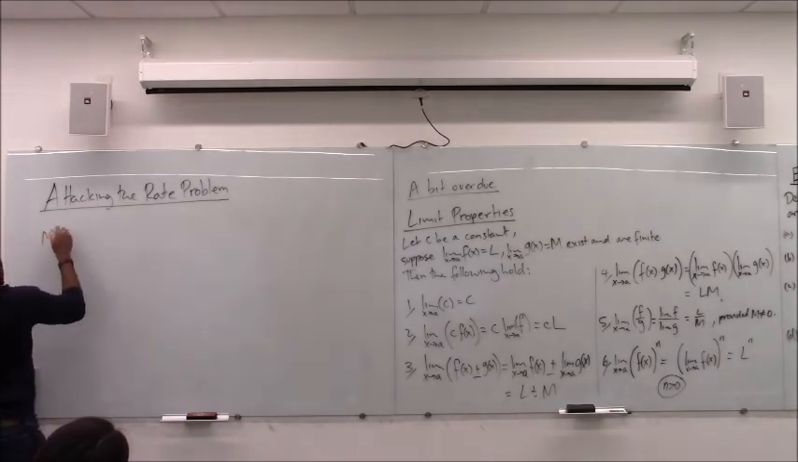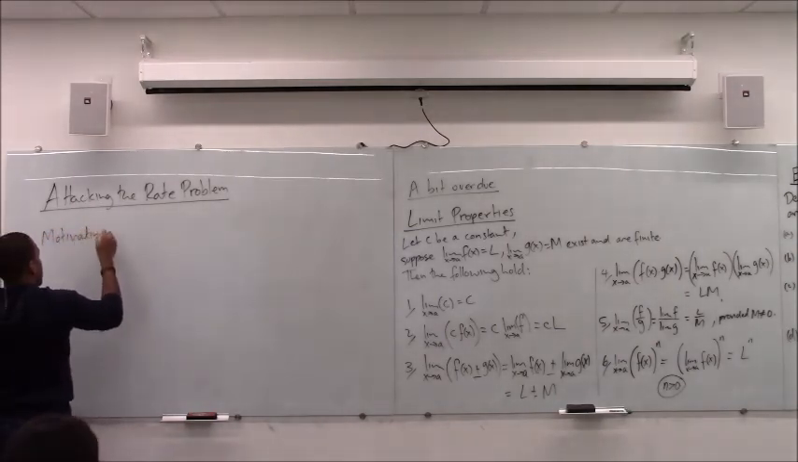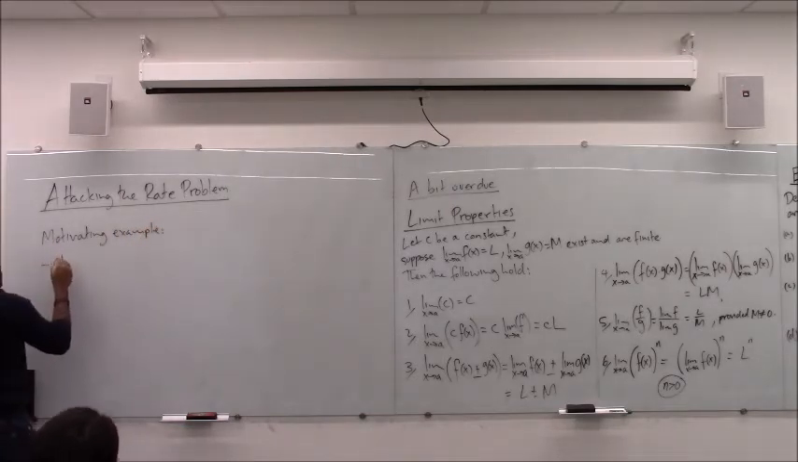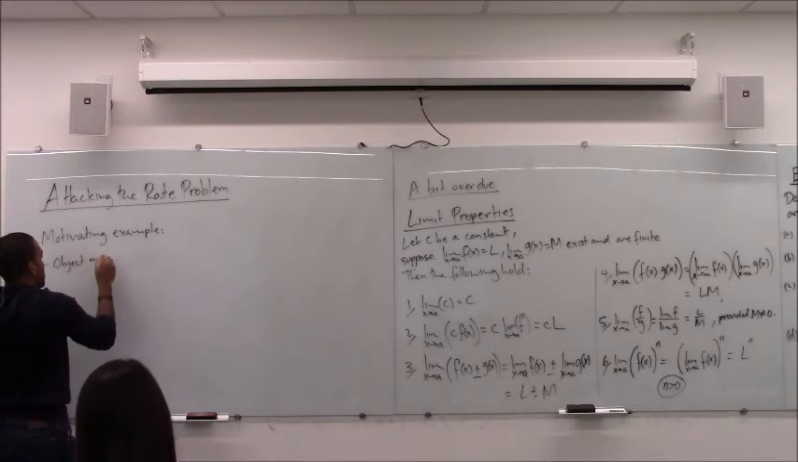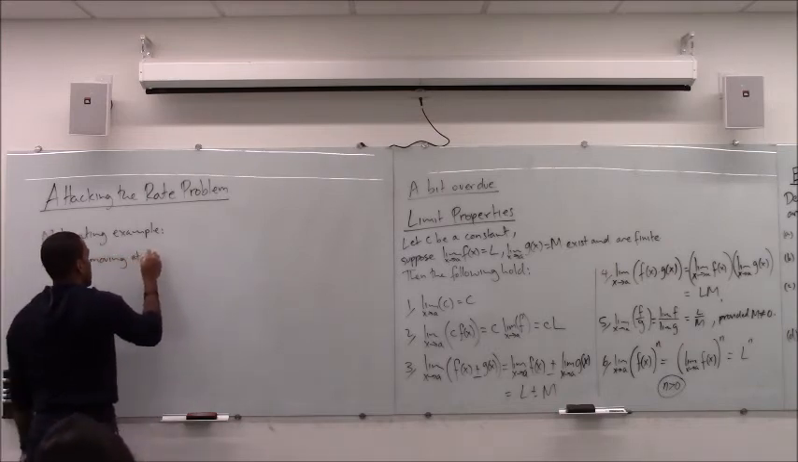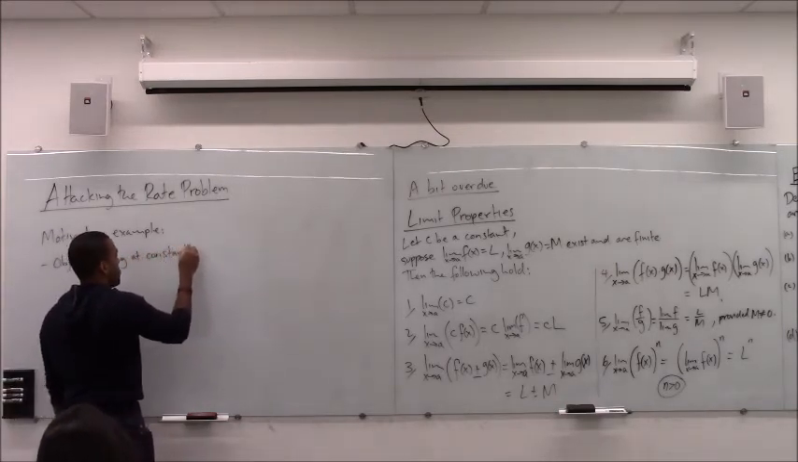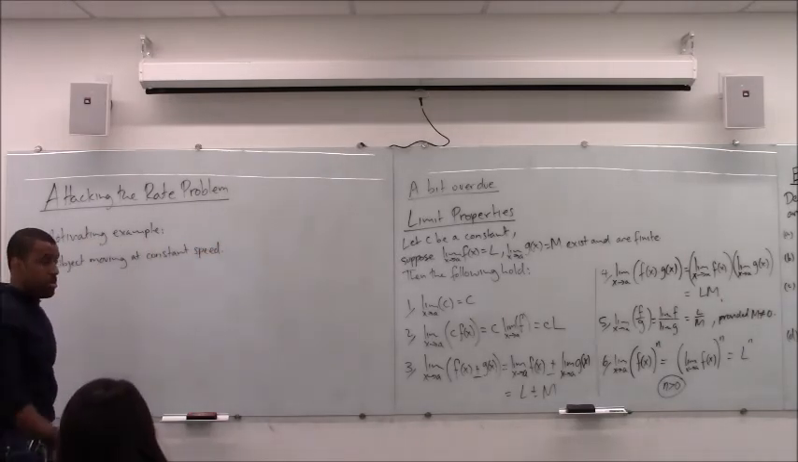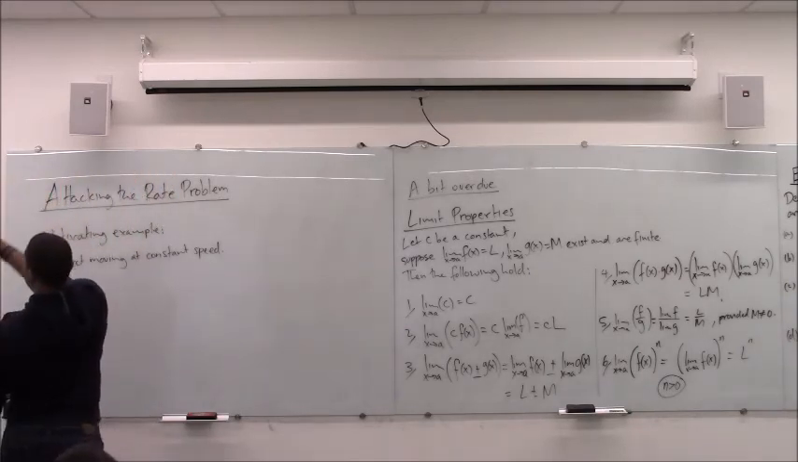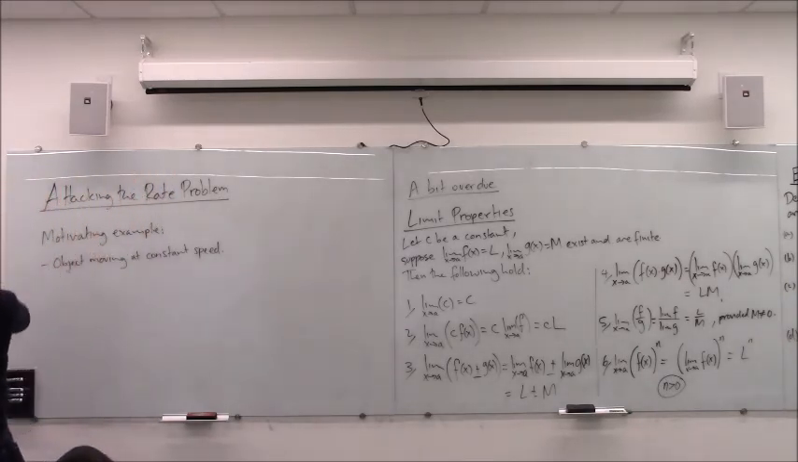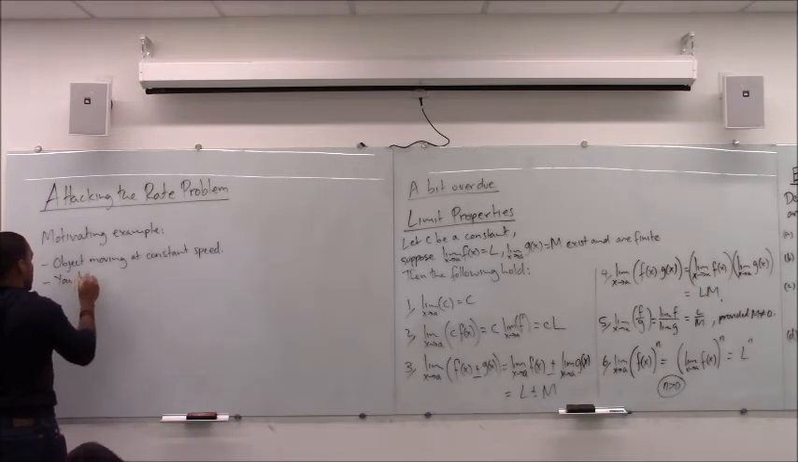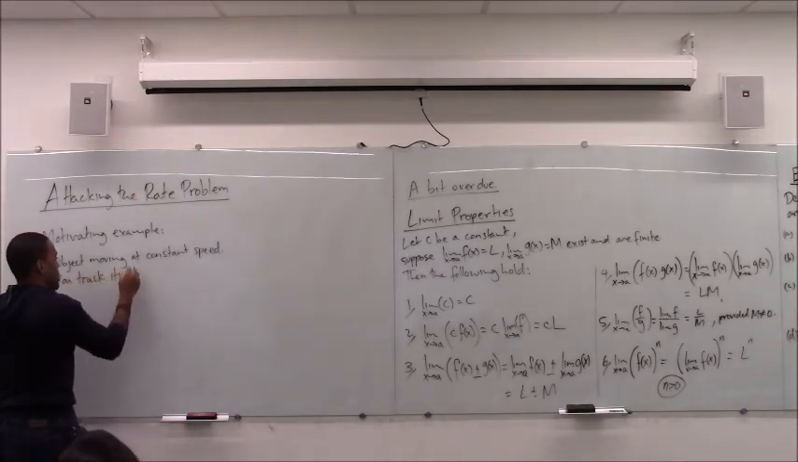Here's a motivating example. Suppose you have an object moving at, say, a constant speed. Right? So you're watching something that's just moving. Maybe you could be watching the planets going across the solar system. As far as you can tell, it's not speeding up, just going at a steady pace. And you track its distance